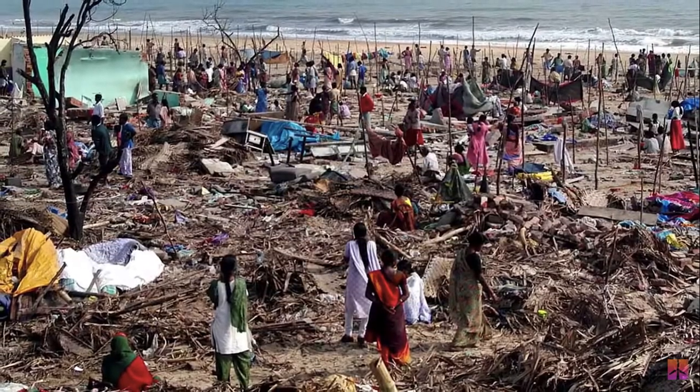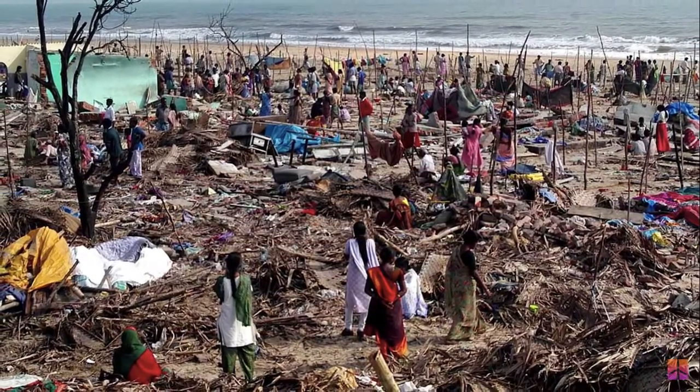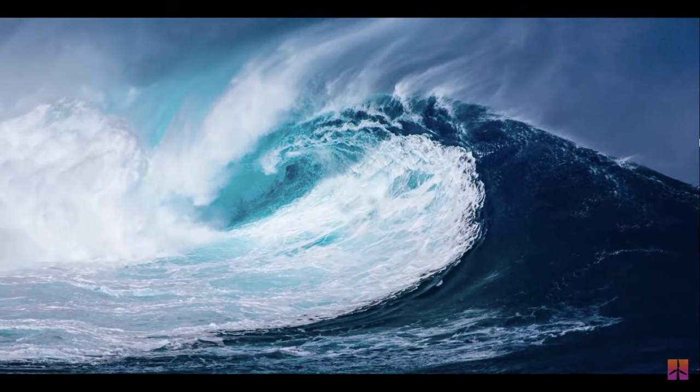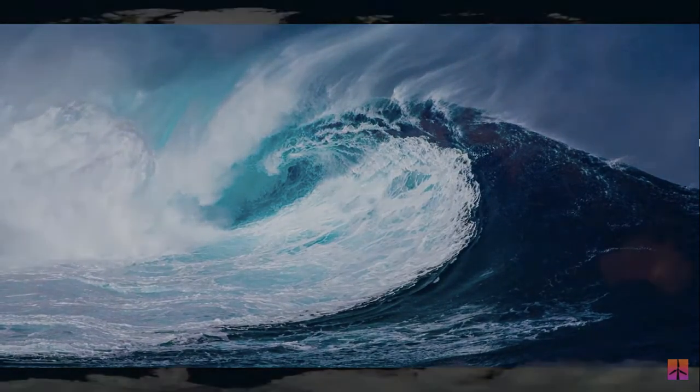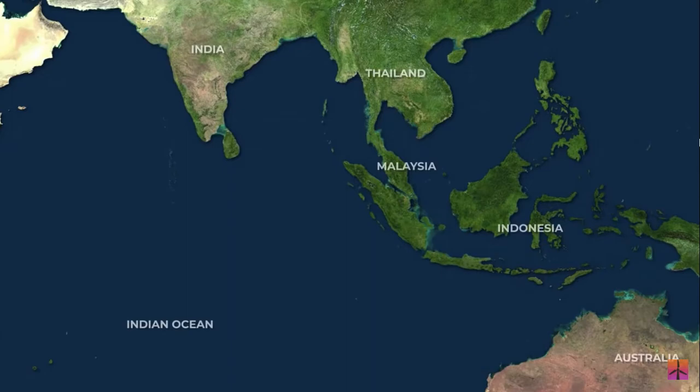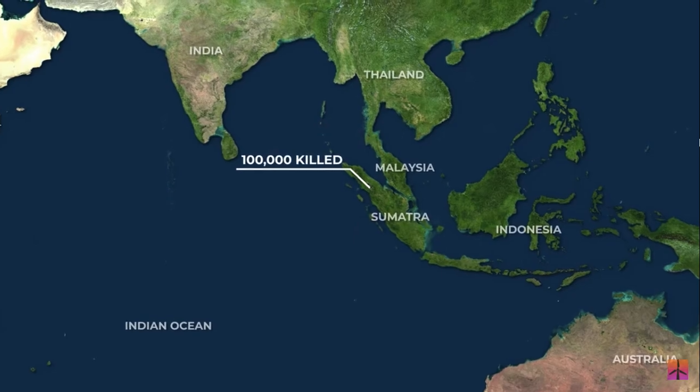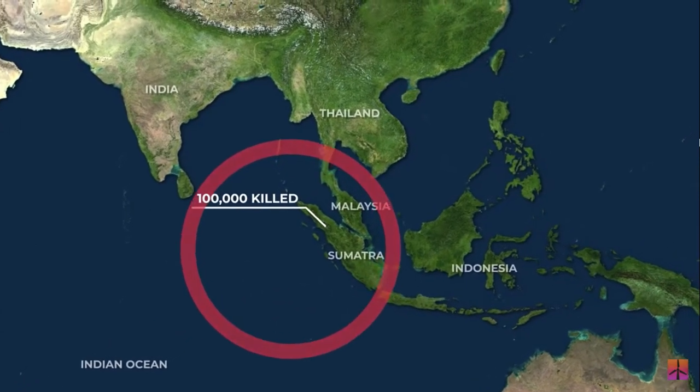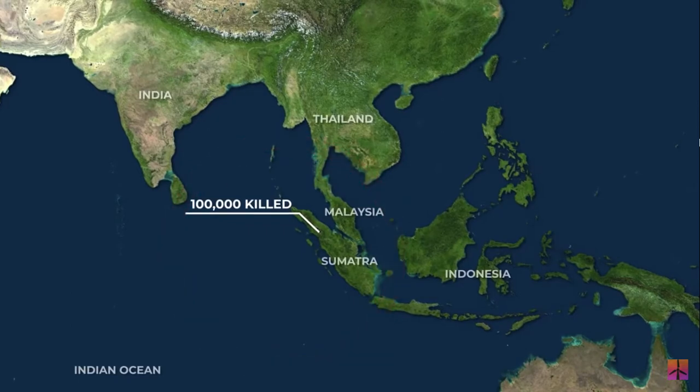One reason is the close proximity of the earthquake to land and the extreme speeds at which a tsunami moves. The hypocenter of the earthquake, another word for epicenter, was approximately 160 kilometers off the western coast of northern Sumatra within the Indian Ocean. Just 20 minutes after the earthquake occurred, the first waves were arriving at the northern tip of Sumatra, instantly killing nearly 100,000 people. Then, an hour and a half later, the waves hit Thailand, resulting in similar death and destruction.